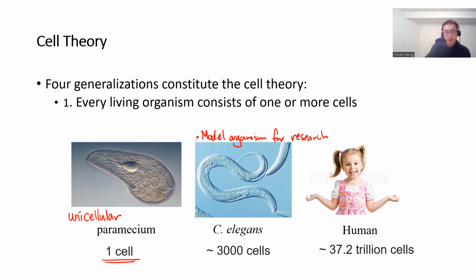Scientists know a lot about model organisms. So C. elegans is one of them. Fruit flies are one of them, and then mouse as well, right? So we try to do experiments using these model organisms before we move on to actual humans in some cases. These things are about 3,000 cells